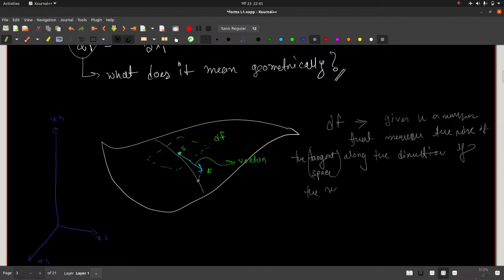Since in this picture I have written it as S and E, I'll just call it C. This is the geometrical meaning of this